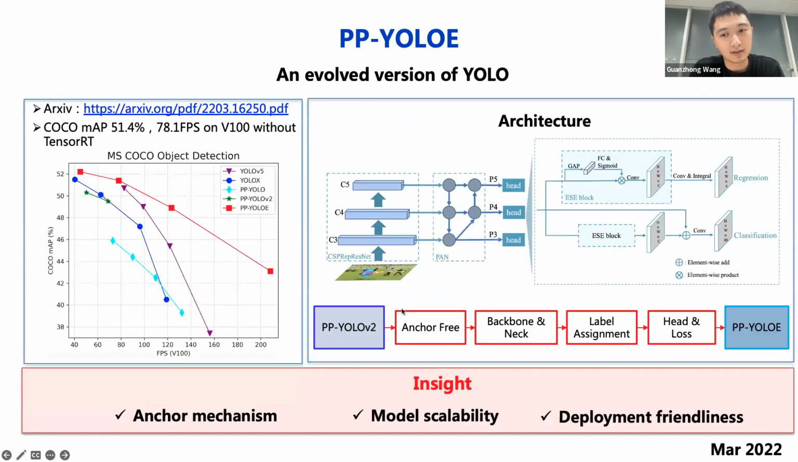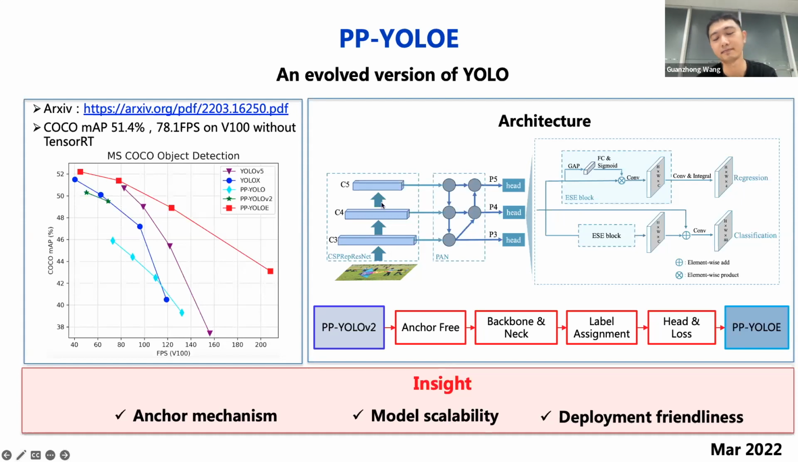Okay, and for the latest version, PP-YOLOE, the idea is slightly different. We focused more on the anchor mechanism, model scalability, and deployment friendliness. We thought that was the core problem in the object detection field. And we even totally modified the architecture compared to what we did before. Actually, we learned a lot from YOLOX and YOLOv5 during the experiments. PP-YOLOE referred to the anchor-free design from YOLOX and the scale design from YOLOv5. As you can see, the figure on the right-hand side shows our architecture and pipeline, and how we optimize